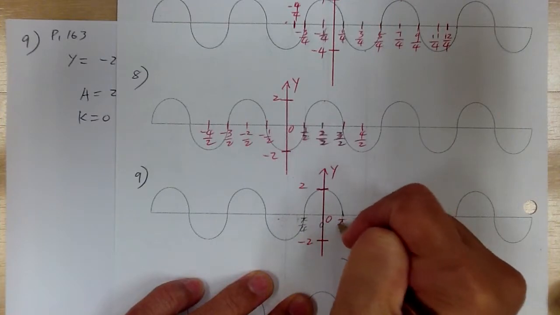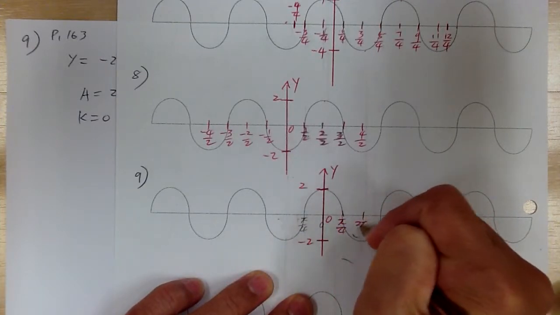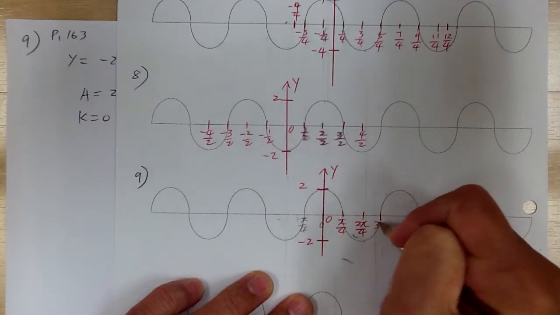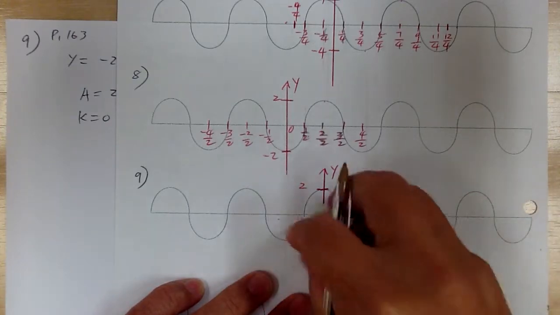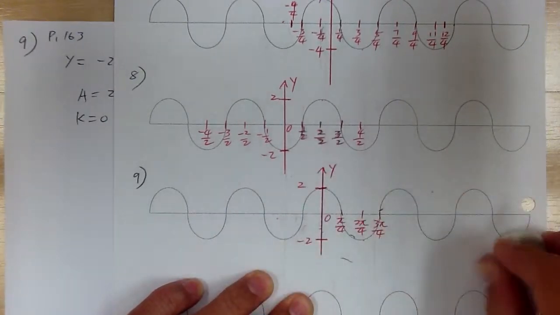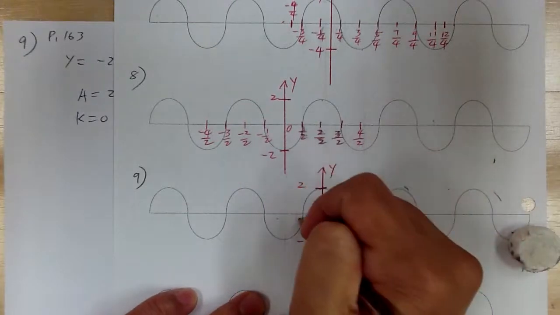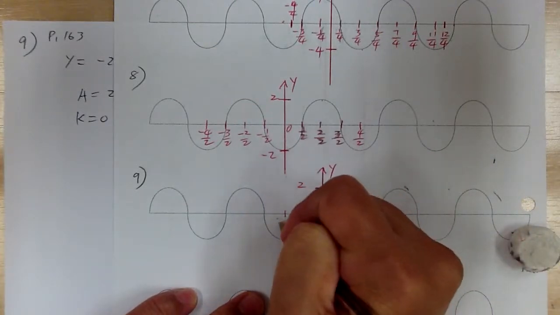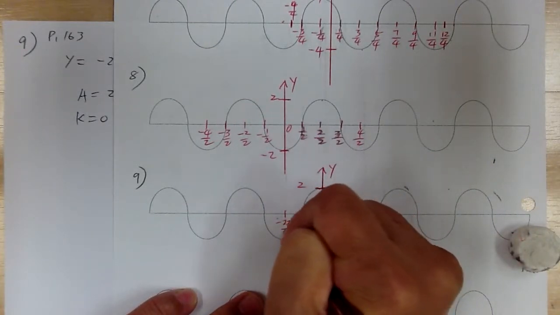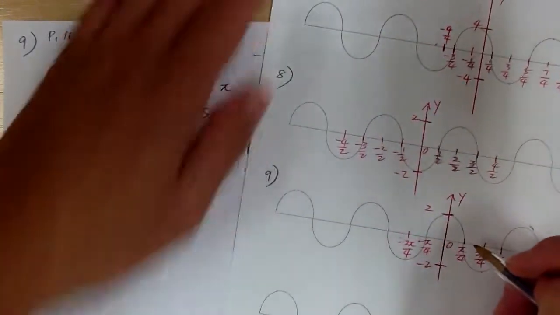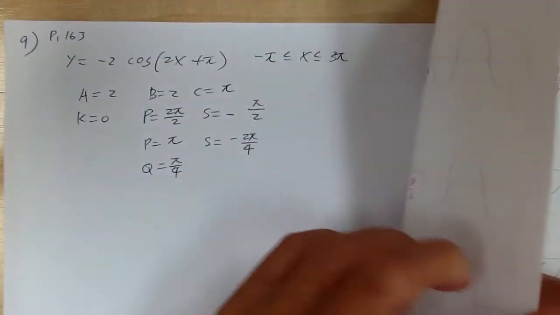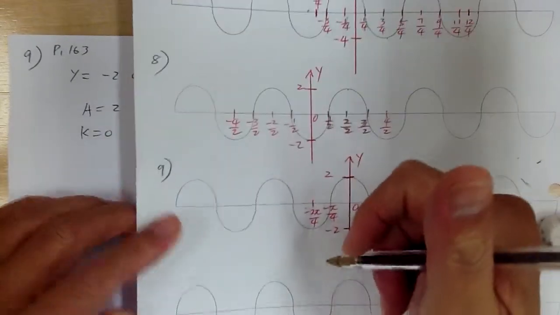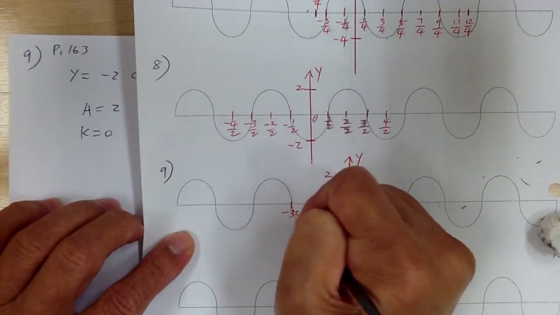So this is pi over 4, 2 pi over 4, 3 pi over 4, and this would be -pi over 4, -2 pi over 4, and you have to go all the way to -pi. Okay, so -3 pi over 4,